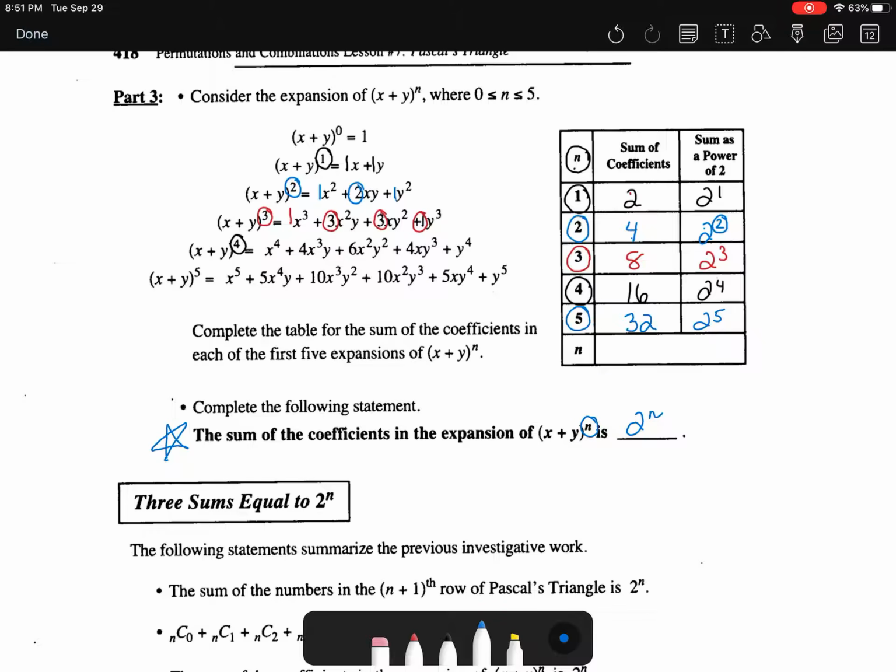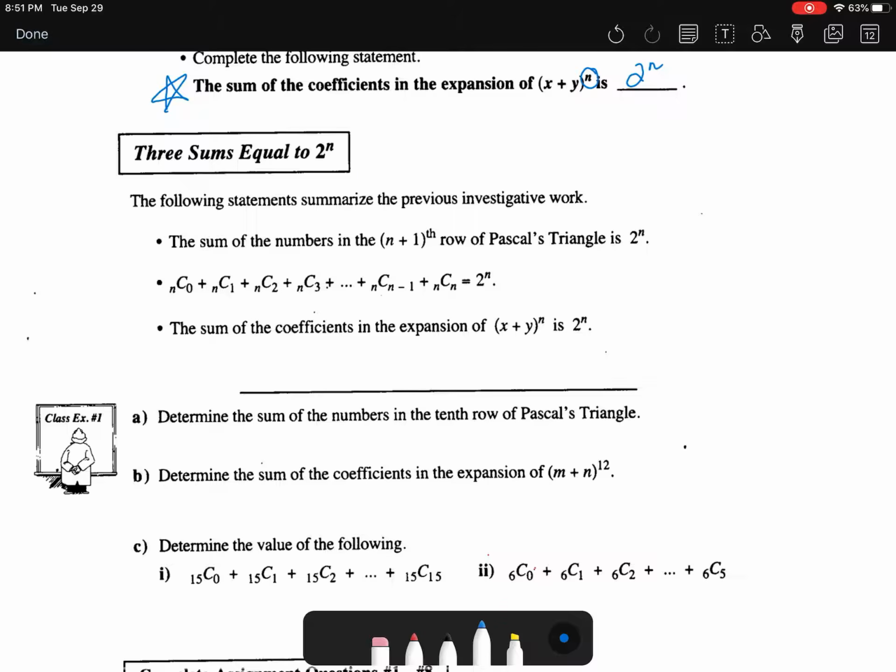So when I know what the exponent is of the binomial I'm expanding, it's 2 to the value of that exponent, and that's what the sum of those numbers is. These three sums are extremely important, and we need to know all three of them or be aware of them. The sum of the numbers in the n plus 1 row is 2 to the n. When it's written out in terms of combinations, n choose 0 plus n choose 1, etc., all the way up to n choose n, it's 2 to the n. And the sum of the coefficients in the expansion of x plus y to the exponent of n is 2 to the n. So you can see three sums that all equal 2 to the n,